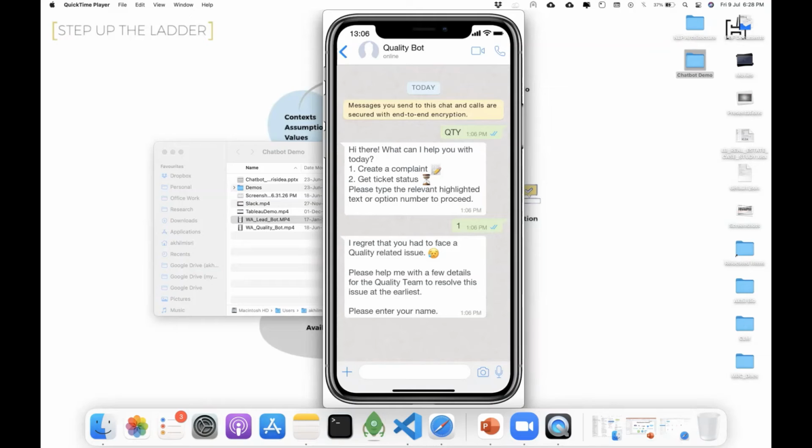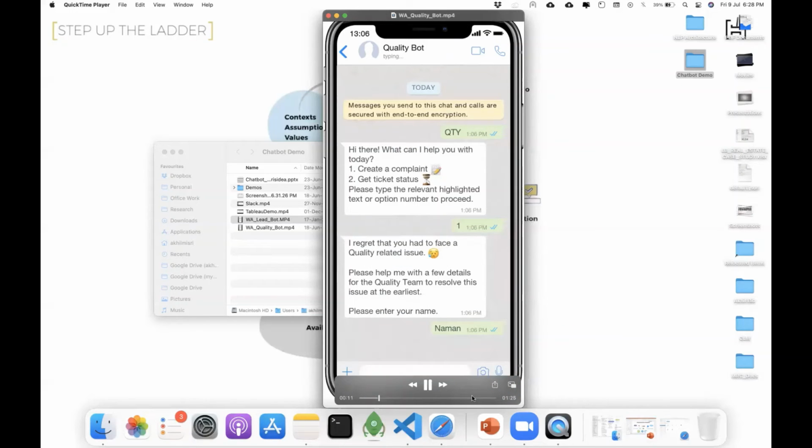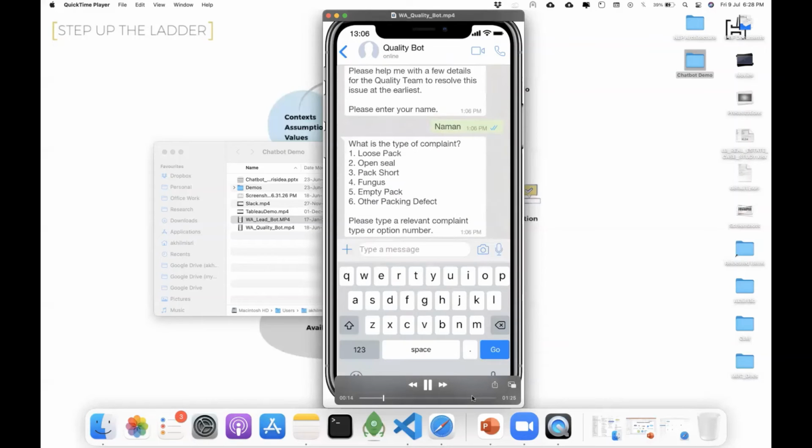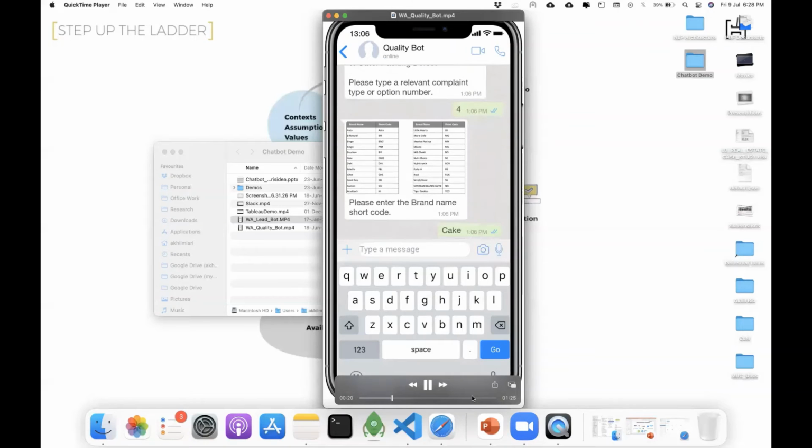So the solution was, let's build a chatbot and enable it on WhatsApp, where everybody in the team or in the company can access it. Let them post their queries or issues there, and in turn the chatbot will store the data in the SAP platform, and users can fetch data to and from the platform to understand the status of the tickets and so on. You guys can take a look at this. We are asking what is the type of complaint, and we are asking what is the brand name.